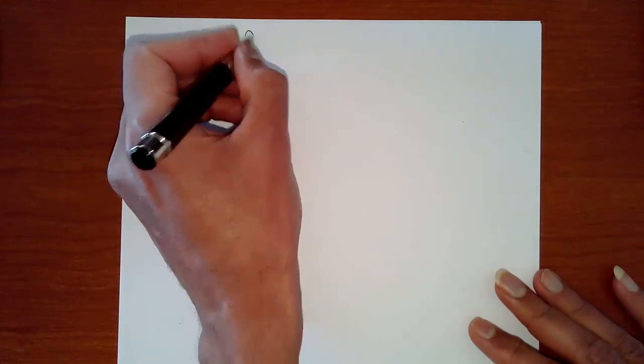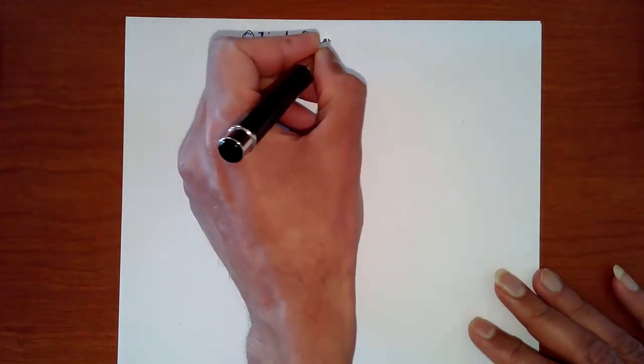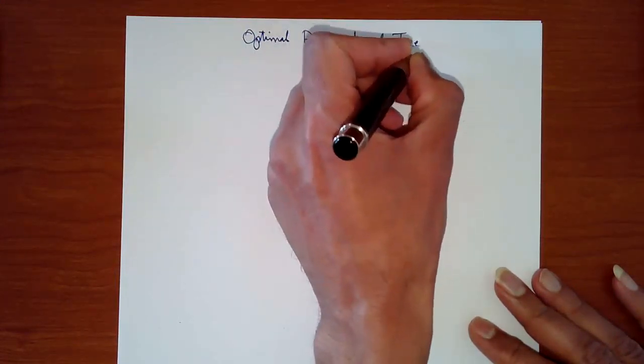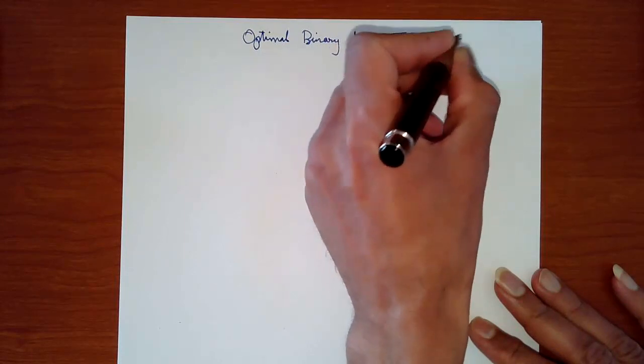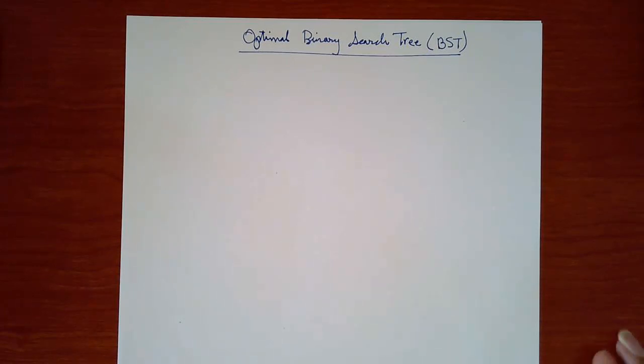I want to state an important... let me give you another example. I think I should be able to finish this example relatively quickly, and then I can discuss some other comments on dynamic programming. This is called the optimal binary search tree, or BST problem. Okay, so what's the idea? The idea is that